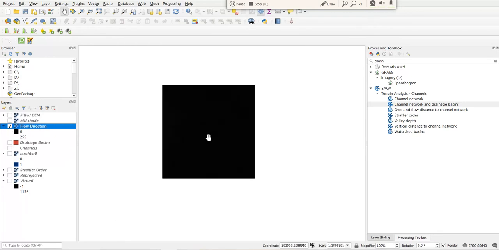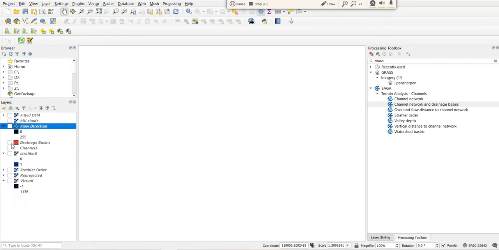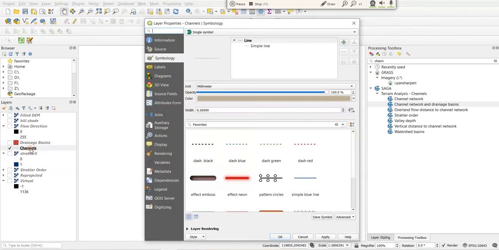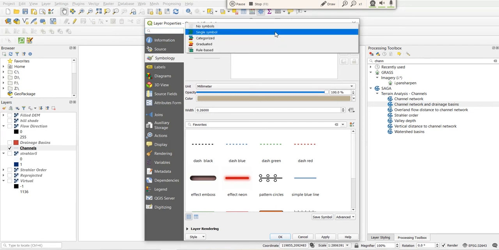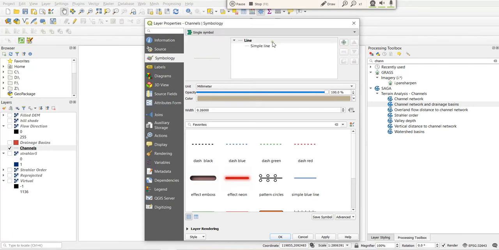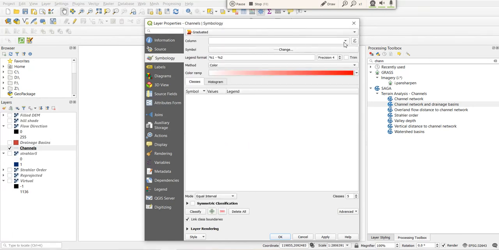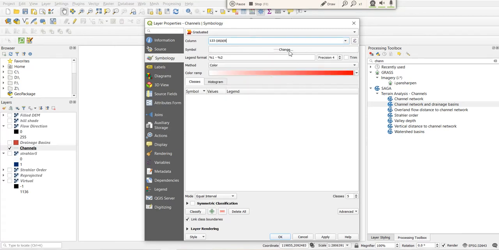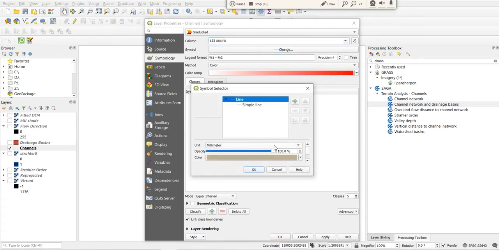So it looks black, some zero, so let's do some styling for the channels. Go into the properties and symbology, and we'll do some styling for channels. It's graduated, and order 1 2 3, and symbol.